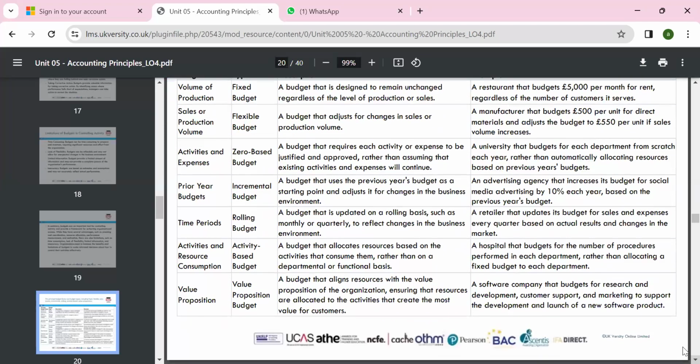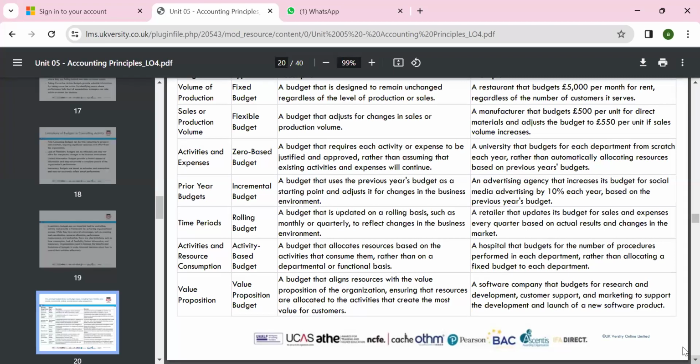Okay, then activity and expenses: the zero-based budget. What is zero-based? Like a new business, you don't have facts and figures from the previous year, so you start everything from zero. Every year you estimate again how much money is required on labor, how many goods you will buy during the year, how much we need to buy of different stuff in a business. So that's assuming existing activity and expenditure. In a university, the budget for each department is built from scratch each year,